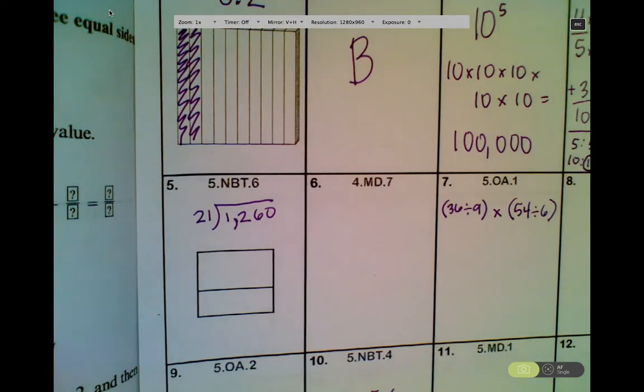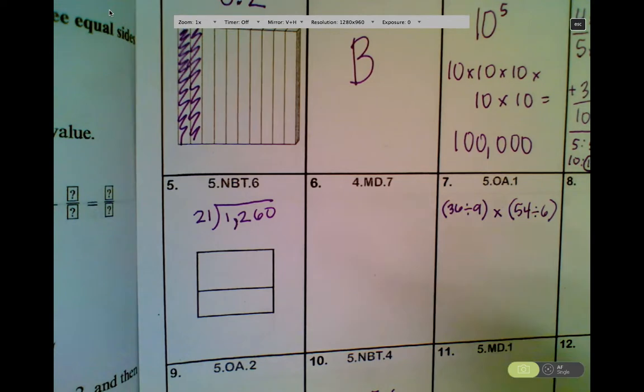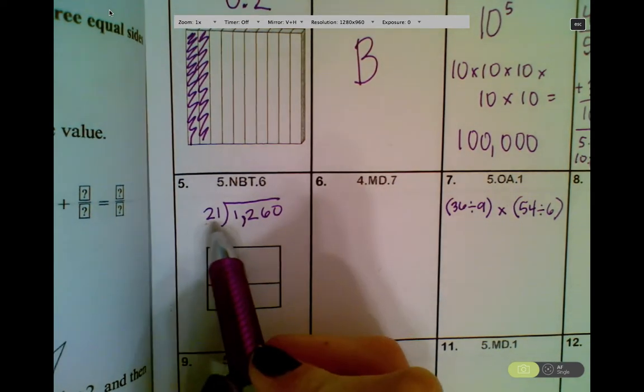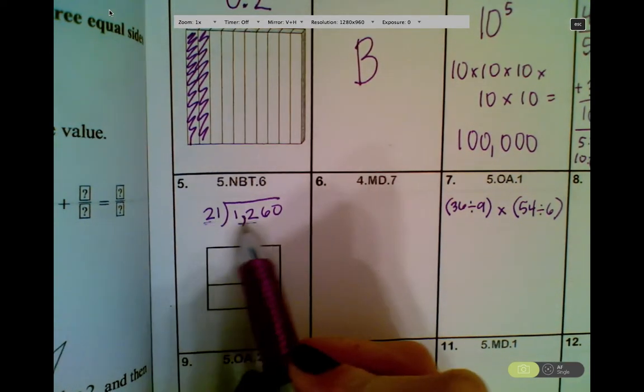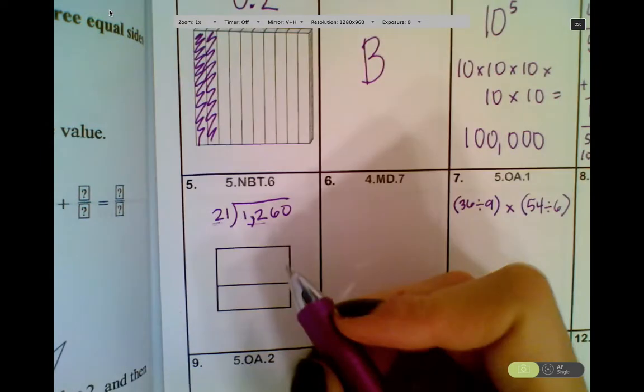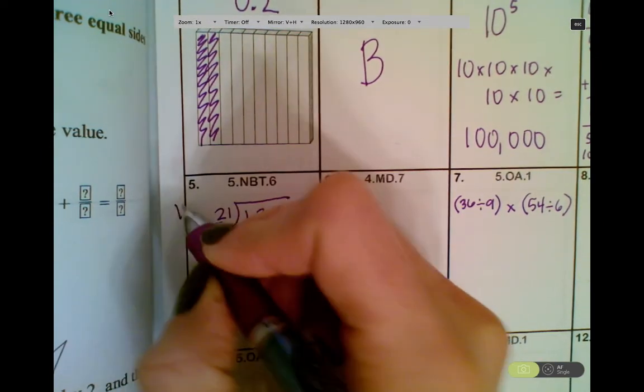Number 5 is a division problem. I'm just going to do the traditional way for long division. If you use the area model, that's great, and if you want to know more about that, you can talk to your teachers. But for now, we're just going to use the original. So I see that 2 can go into 12 about 6 times, so that's what I'm going to try over here first. What is